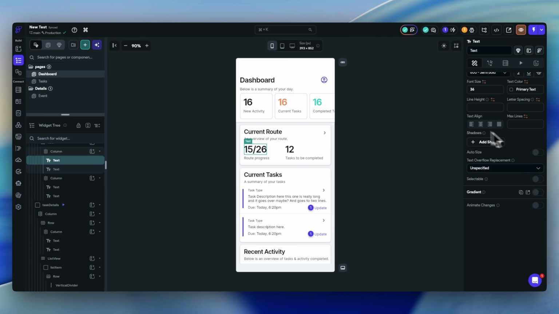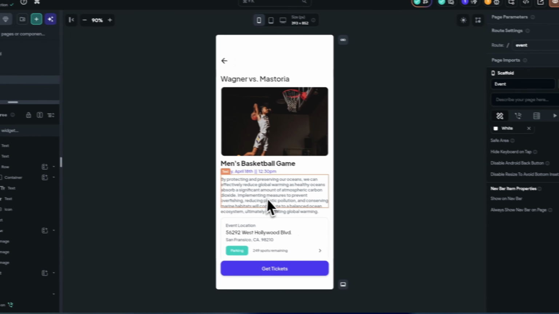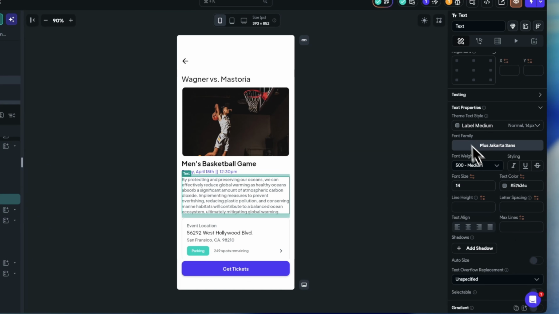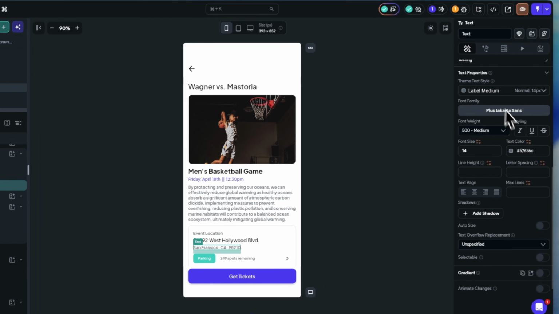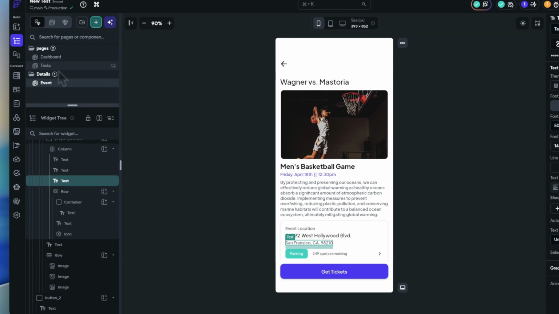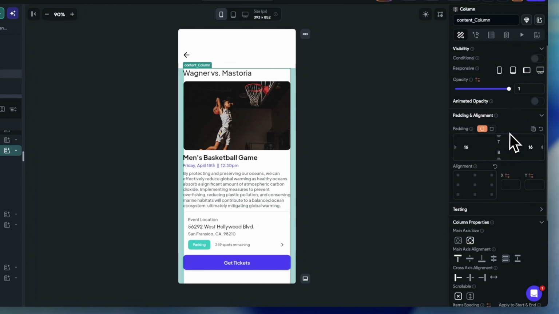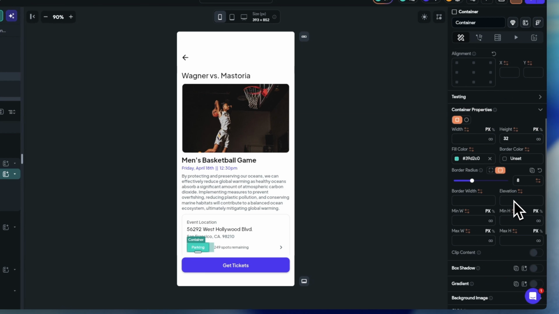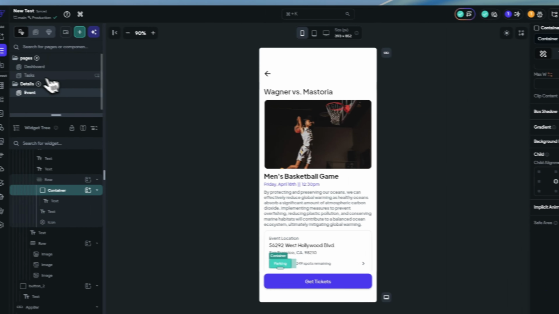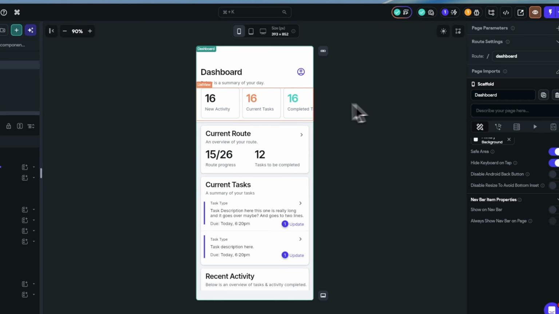Now consider a scenario where we have a page derived from Flutterflow templates, and it may not utilize the primary or secondary font families we've established, or indeed any of the theming that is included with our project. Instead, it defaults to the original theming that it was created in. Manually updating each instance of font or color would be incredibly time-consuming and tedious. And in contrast, our other pages already correctly implement the primary or secondary font families and colors from our theme.